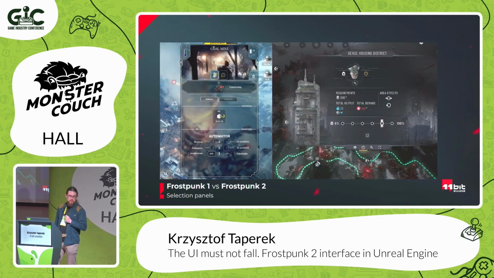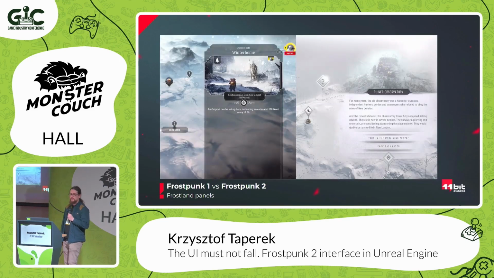So, for example, in Frostpunk 1 on the left, we had a few dozens of buildings with selection panels and some trackers, so small UIs displaying some state, versus Frostpunk 2, where we have a few dozens of districts with selection panel and trackers, or panels on Frostend, so our world map. We had some selection panel for that with one big button, then we have exactly the same stuff in Frostpunk 2.